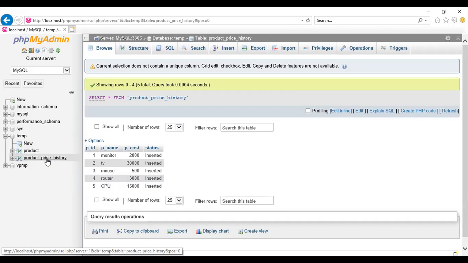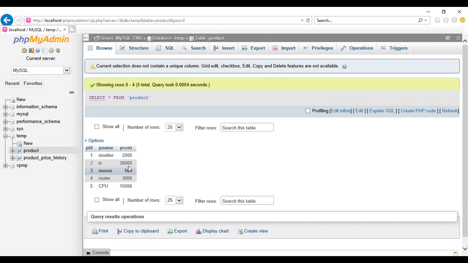So now in practical number 6, the other trigger, we have to create 2 triggers. If there is some updation in the product table, this is related to insert record. If some cost is going to change in the table product, then that cost must be changed in the price history table.